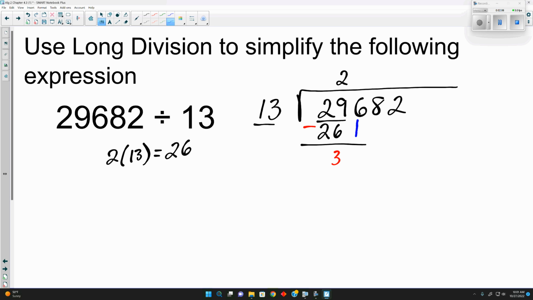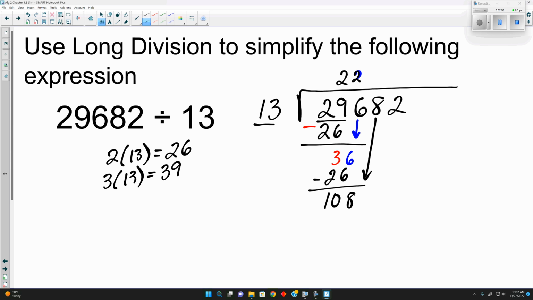And then the next thing we did was we brought the next term down, 36. Then we said, what times 13 gives this number close to 36? So we can do 3. 3 times 13 is 39. So that's too big, yes? So we're going to have to do 2 again. And 2 times 13 is 26. And when we subtract, we get,